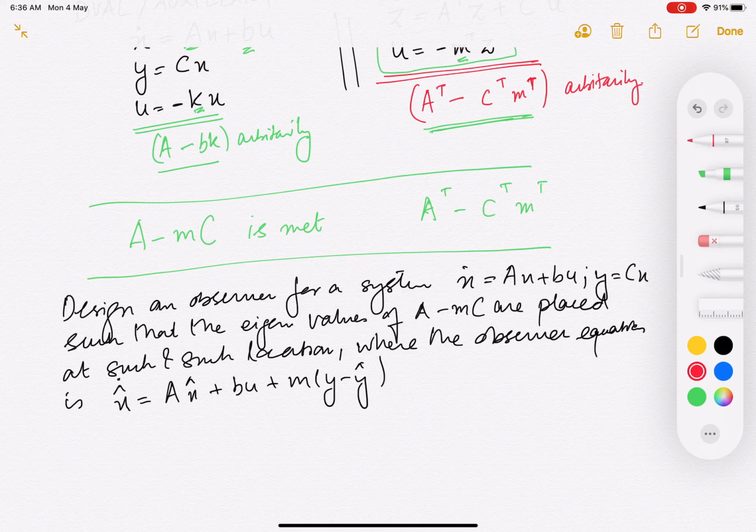This problem is automatically converted into a dual problem,